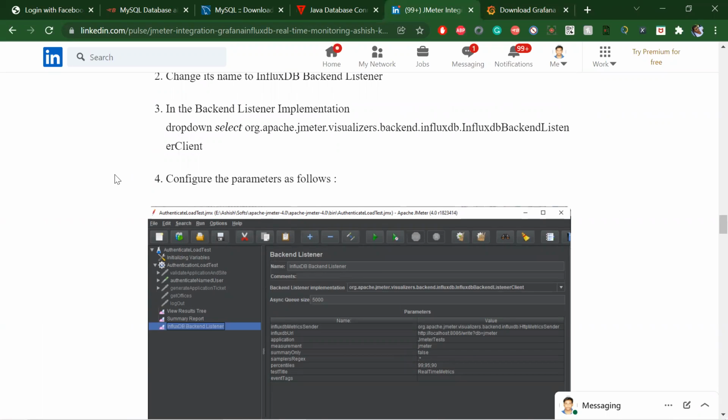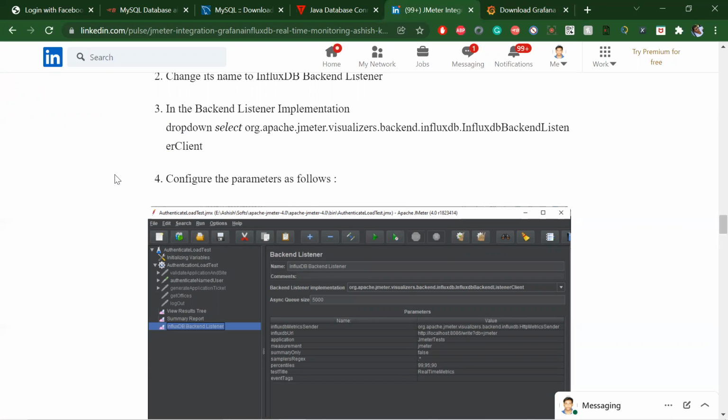Suppose we are running 10 or 20 tests, and you want to know how the tests are performing before release and after release. You can't do everything manually and check. That's where this tool comes in, because it shows the historical data.